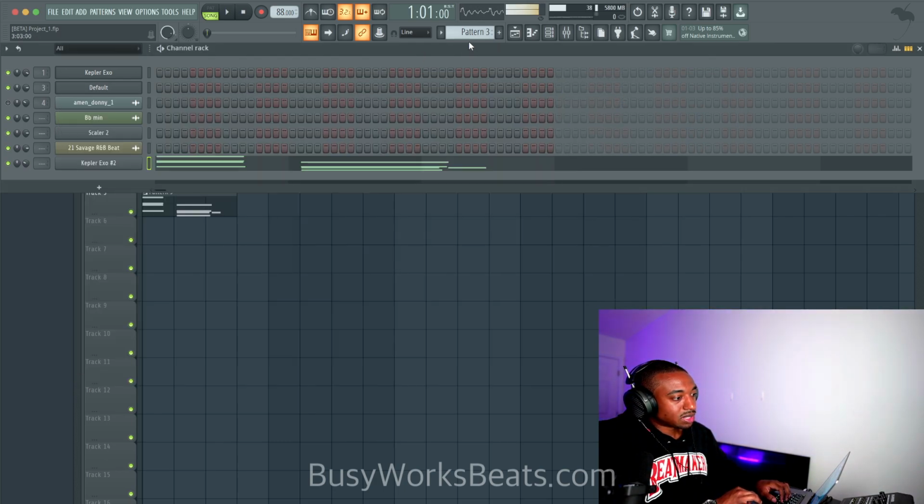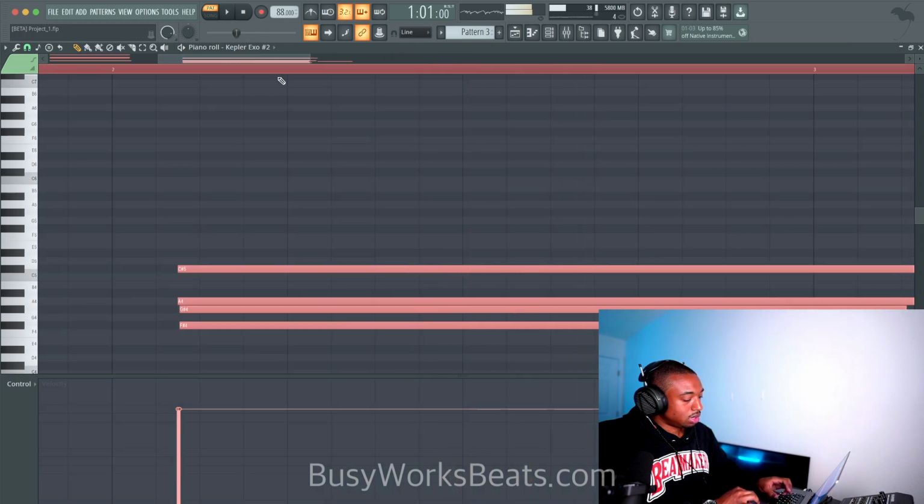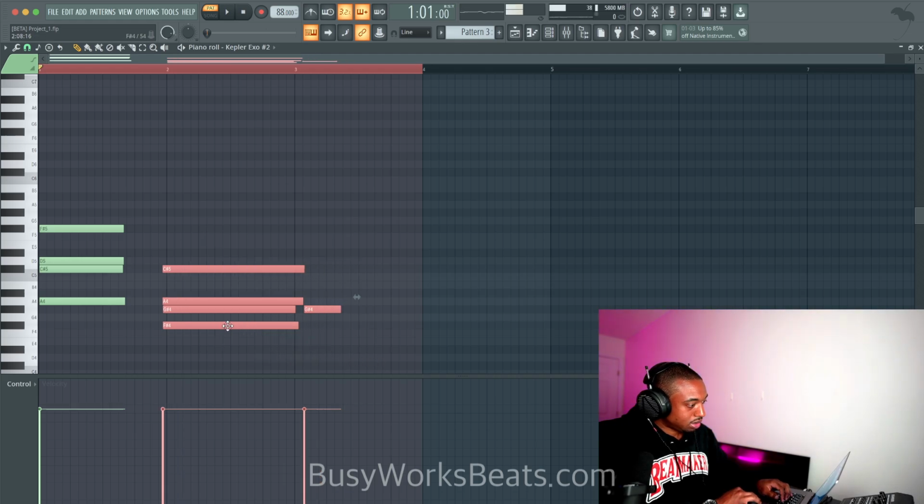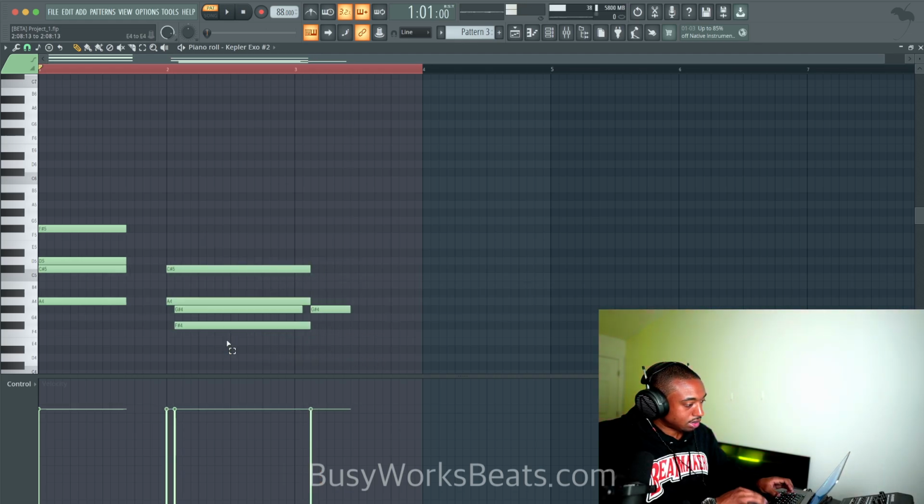Now this one, I'm just going to go to its own pattern here. And let's stretch these chords out so that it actually plays. Quantize. And then we're dragging out the notes here.